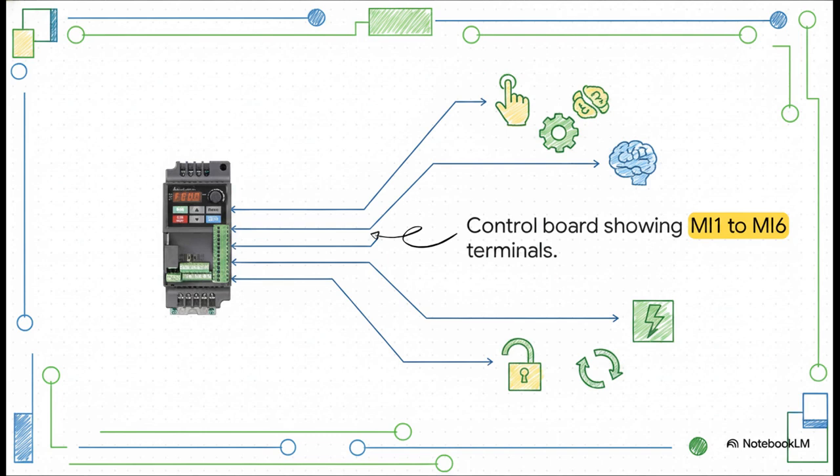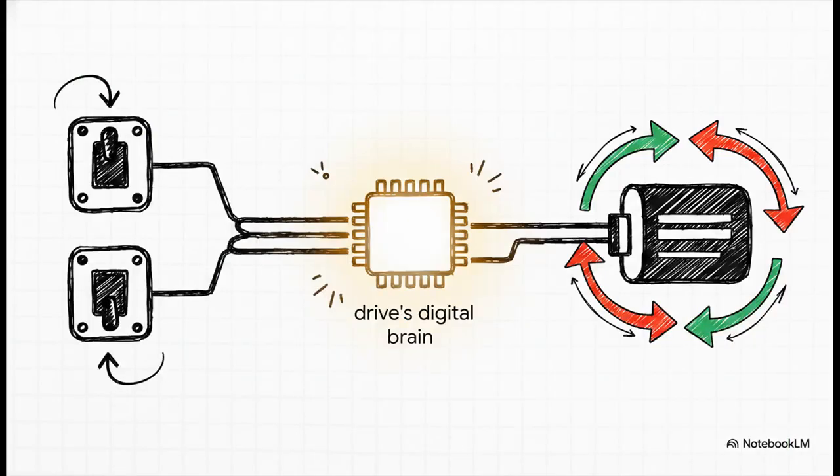These physical connection points are exactly how the outside world triggers all those internal parameters we've been setting up. Through parameters 04.04 and beyond, you assign specific functions to those MI terminals. The manual shows some really clear wiring diagrams for both 2-wire and 3-wire control setups. For instance, in a standard 2-wire setup, you might program MI1 so that when the circuit is closed, the motor runs forward, and when it opens, the motor stops. MI2 could then handle the reverse command. You are quite literally bridging the physical switches on your factory floor directly into the digital logic inside the drive's